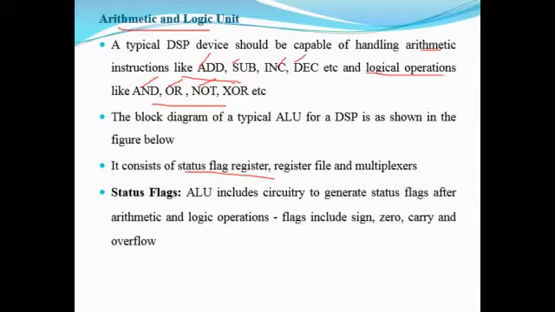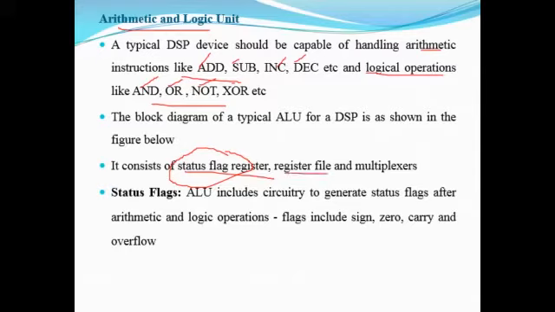One is the status flag register, which is used to indicate the status of particular registers. For example, if the result is 0, the flag is going to be set. If the result is positive, or if the result has an even number of ones or zeros, that identifies the status of that particular value. So it is used to identify the state of a particular value in a register. That is nothing but the status flag register.